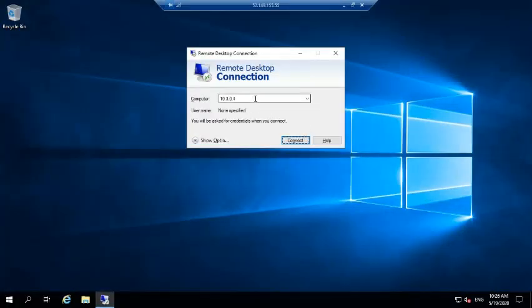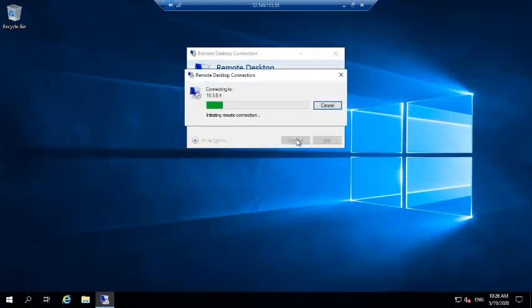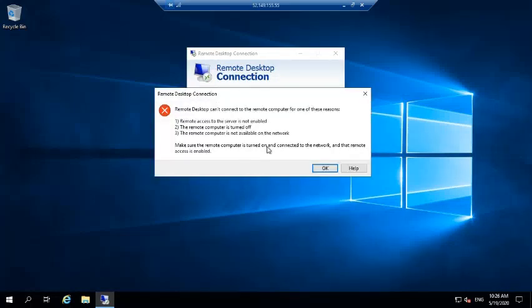So let's see. This is my private IP address. I'm trying to connect, and it is saying remote access to the server is not enabled. Okay, so it is not able to access because currently both VNets are not able to communicate.